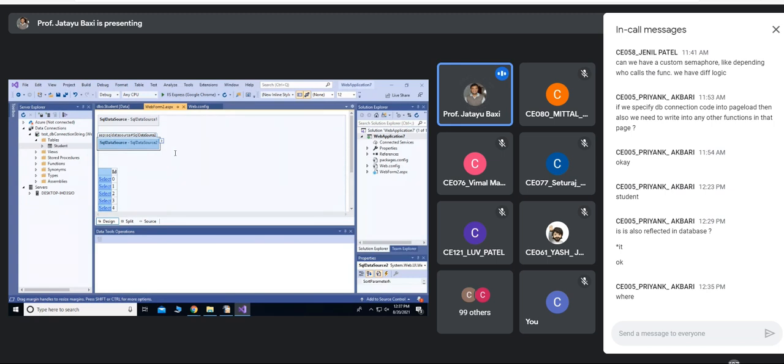Similarly, you can take the values from query string. All these things will be covered in the lab. You will be given exercises and try to do this exercise yourself. If you have any doubts, you can let me know.